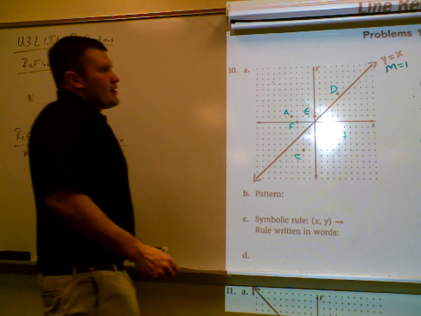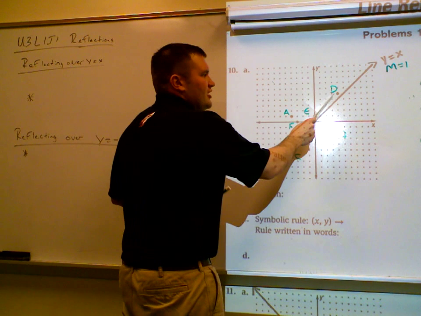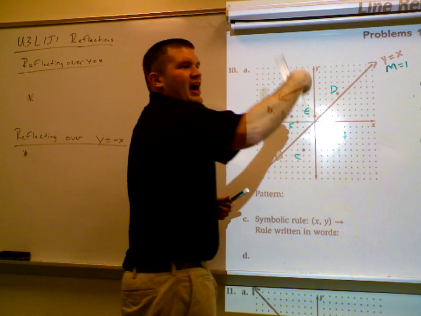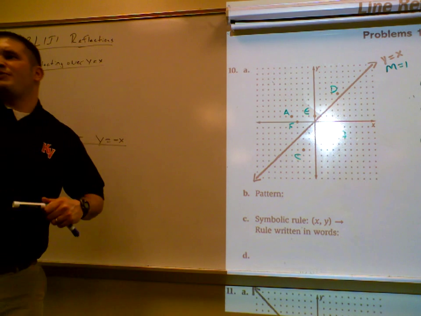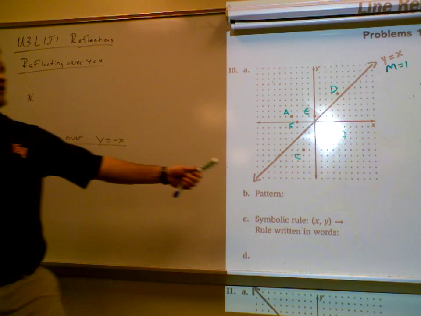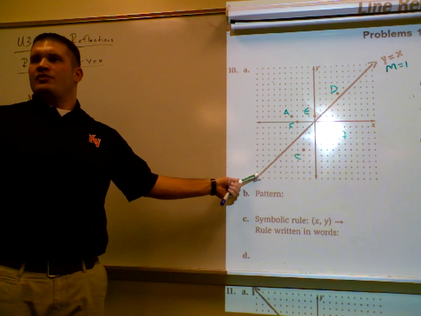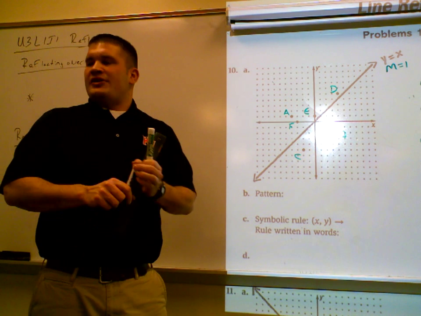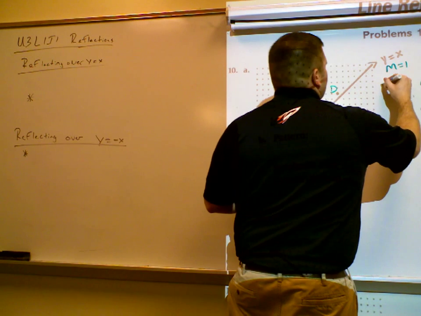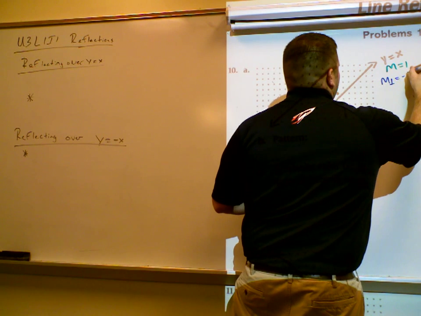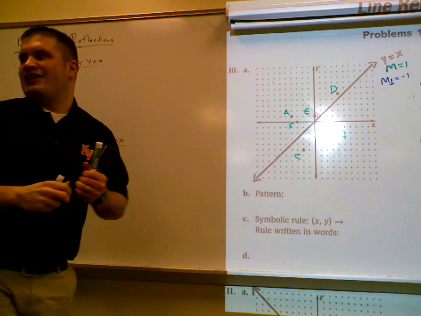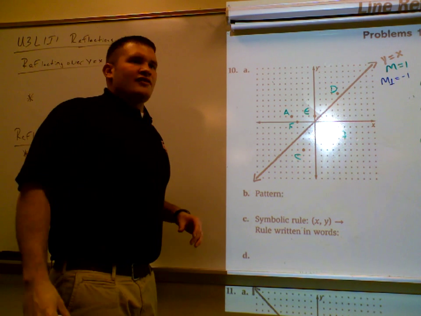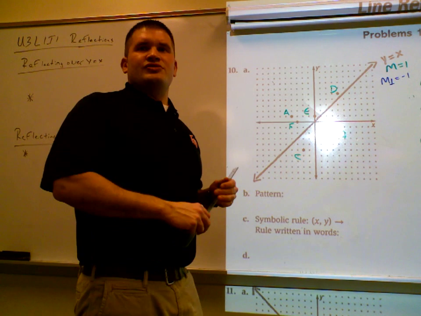All right. So, the image of D is going to be above the line or below the line? Below. It's going to be on the opposite side of the line, right? And it's going to be on a line that is perpendicular to this line, isn't it? Yeah. Right? So, if this one has a slope of negative 1, what does the perpendicular line have a slope of? Negative 1, good. A line perpendicular will have a slope of negative 1 because those are negative reciprocals, right? So if I want to draw a line of slope negative 1 that goes through D,